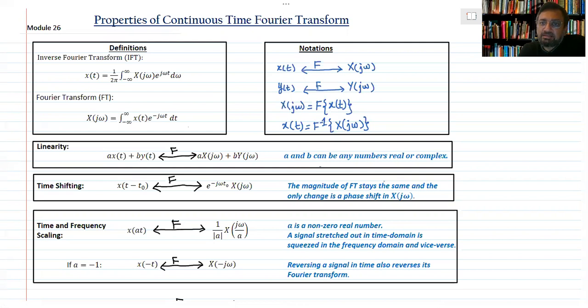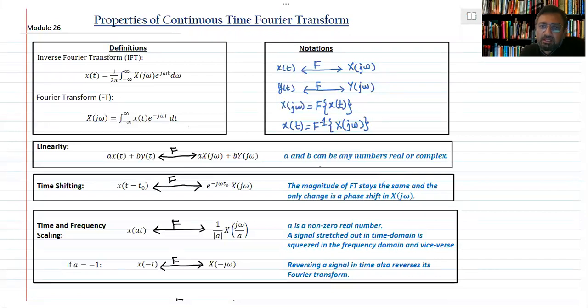And x(t) and capital X(jω) written together will indicate a Fourier transform pair. Similarly, y(t) and capital Y(jω) form a Fourier transform pair. Sometimes we will also use a more elaborate notation where capital F of x(t) will be read as the Fourier transform of the time domain signal x(t), which is equal to capital X(jω). And similarly, F inverse of capital X(jω) will be read as the inverse Fourier transform of capital X(jω), which